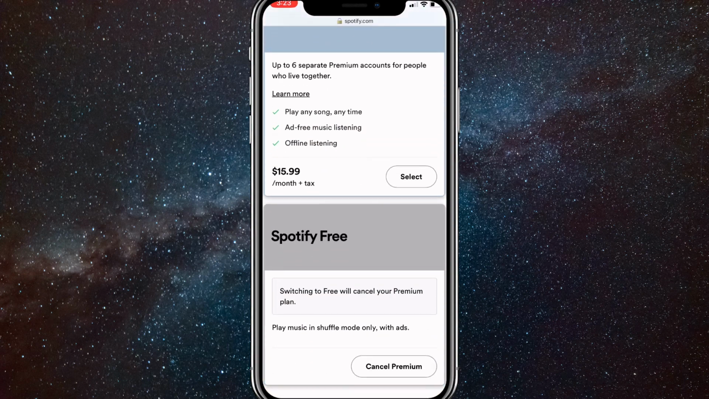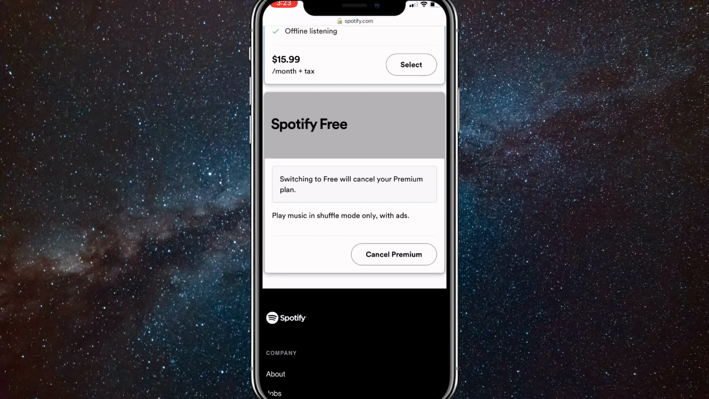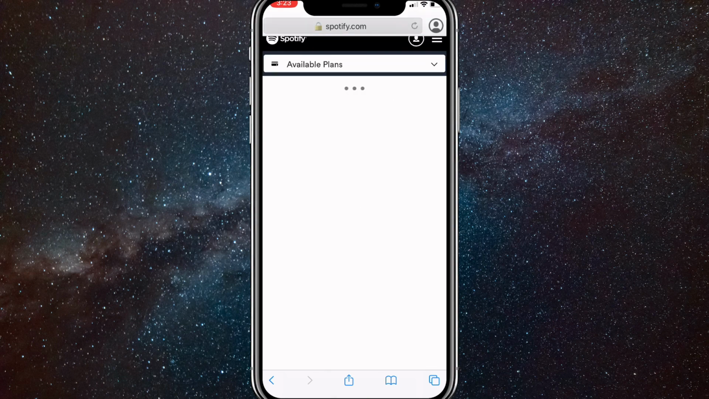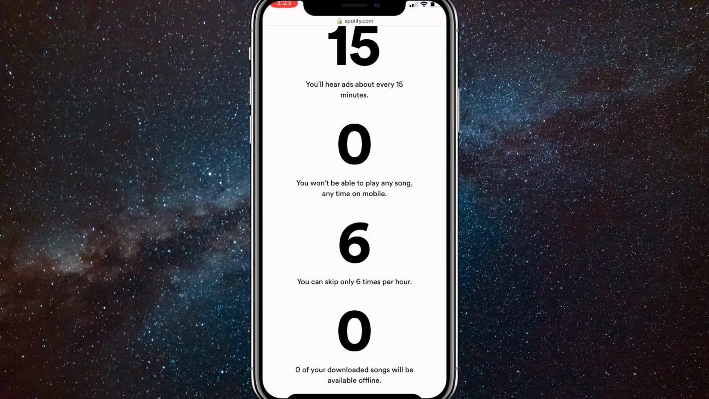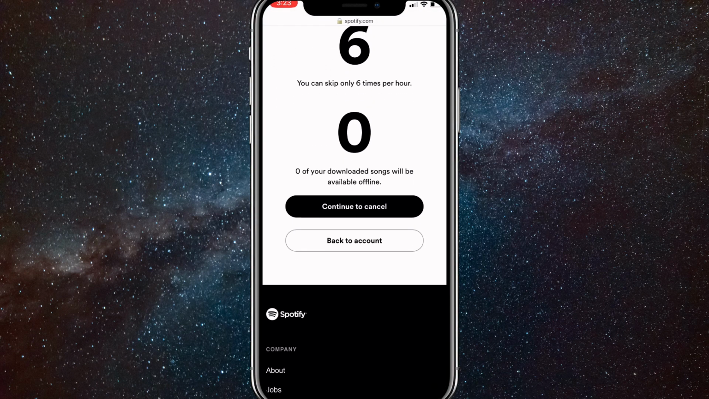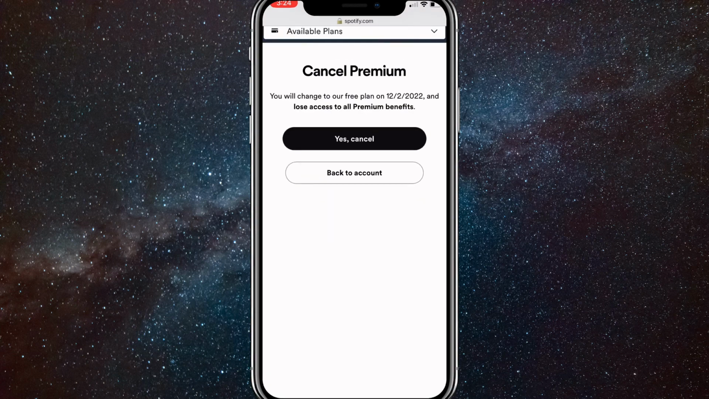Scroll down until you see Spotify Free. Once you find it, click on Cancel Premium. If you click on Cancel Premium, it will bring you to this page right here. And once you get there, you're just going to want to scroll past all of this and click Continue to Cancel. So if you click Continue to Cancel, it'll just bring you to another page right here that says,